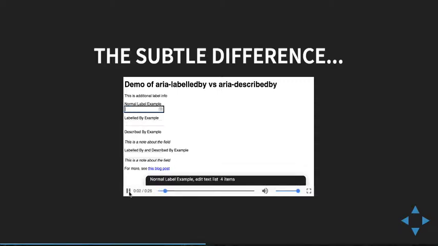Normal label example. Edit text. List 4 items. You are currently on a text field. To enter text in this field, type labeled by example. This is additional label info. Edit text. You